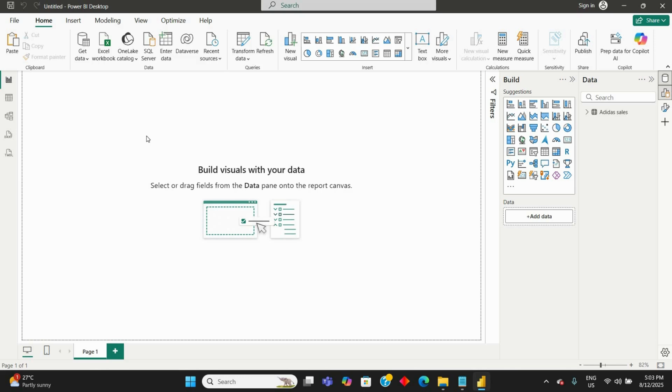Okay, and here is your blank canvas where you work with your data,